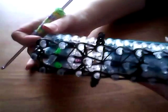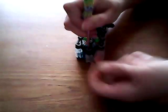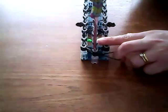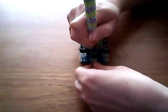Just adjust the ears if you need to before you tie it off. Okay, so this is what it should look like once it's all looped up. Or she. I'm going to tie it off. So taking these 2 bands here, you're taking your hook in through this top. If you can see, this is the top one, just here. Going in through this, finding